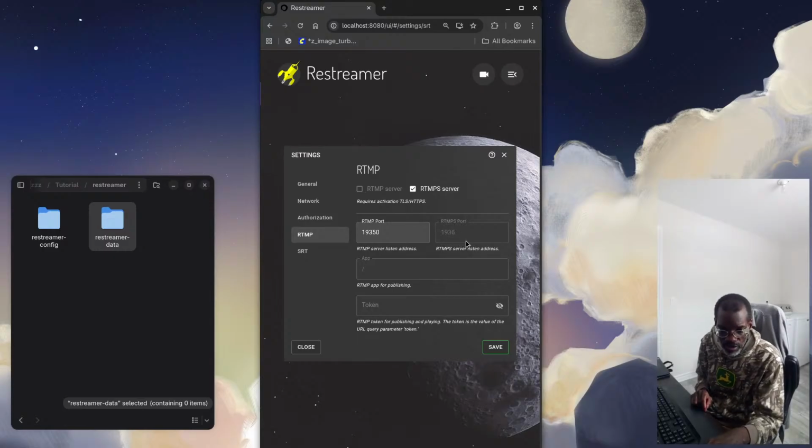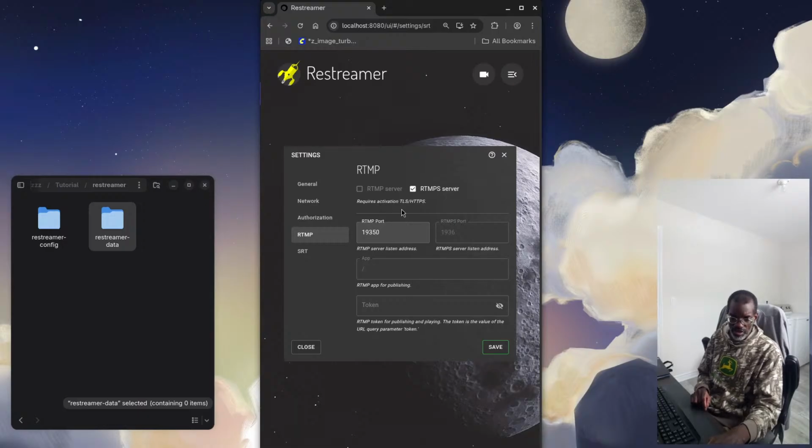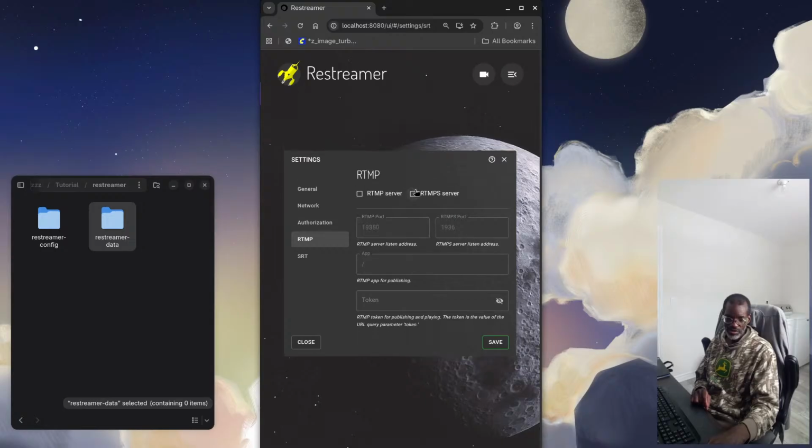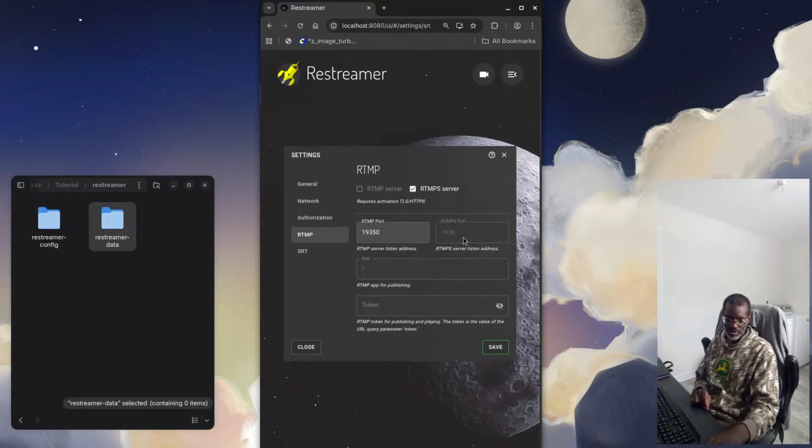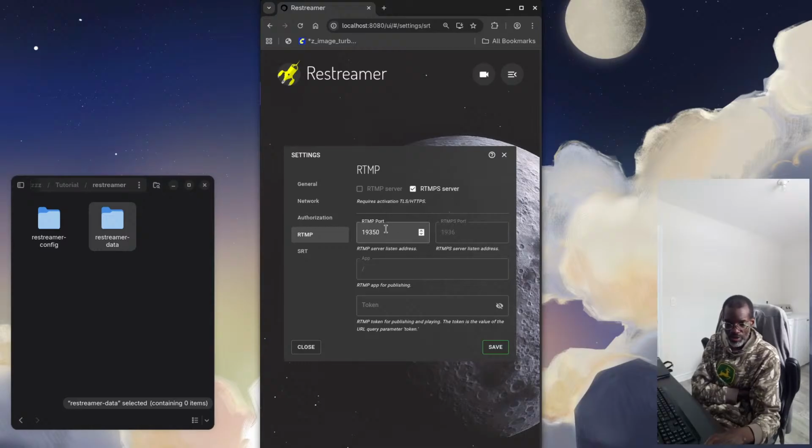I don't know why I went the wrong one here. This doesn't make sense, this is a bug. I clearly clicked on this one, but then it showed me this one. Do I have to click both? If I click this one, yeah, it's only this one. That's so weird. It should be here, or maybe it's just using the same port.